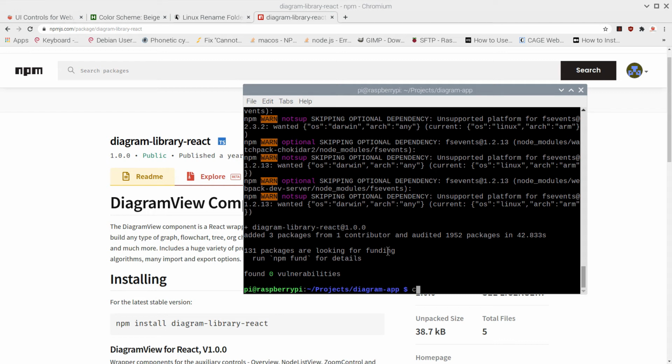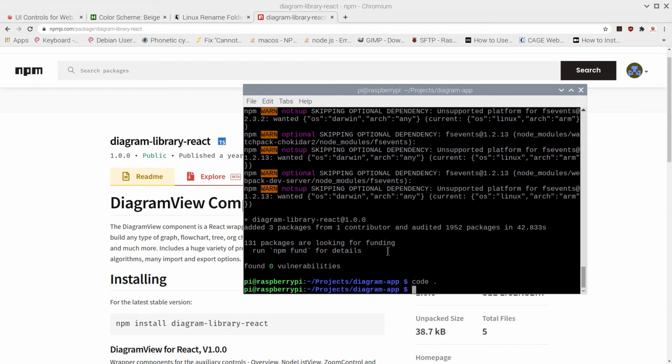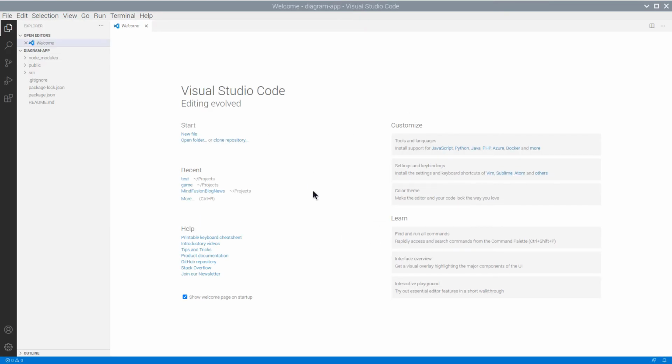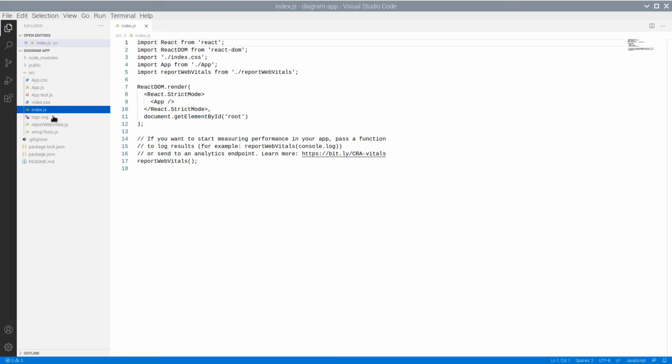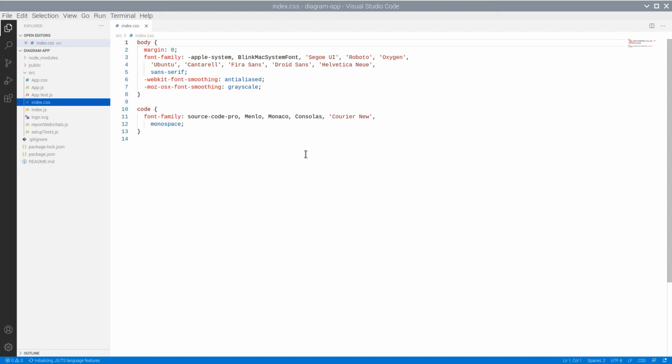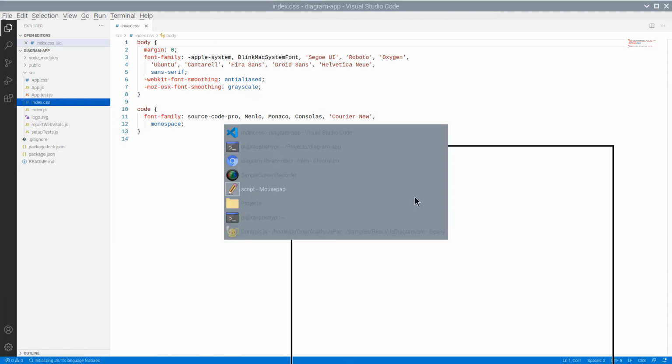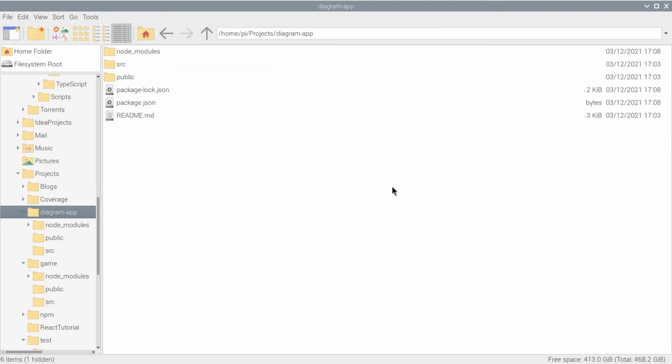Let's open the new application in VS Code. Here is the index file and the CSS file for the project. Let's check if the diagram modules are installed.